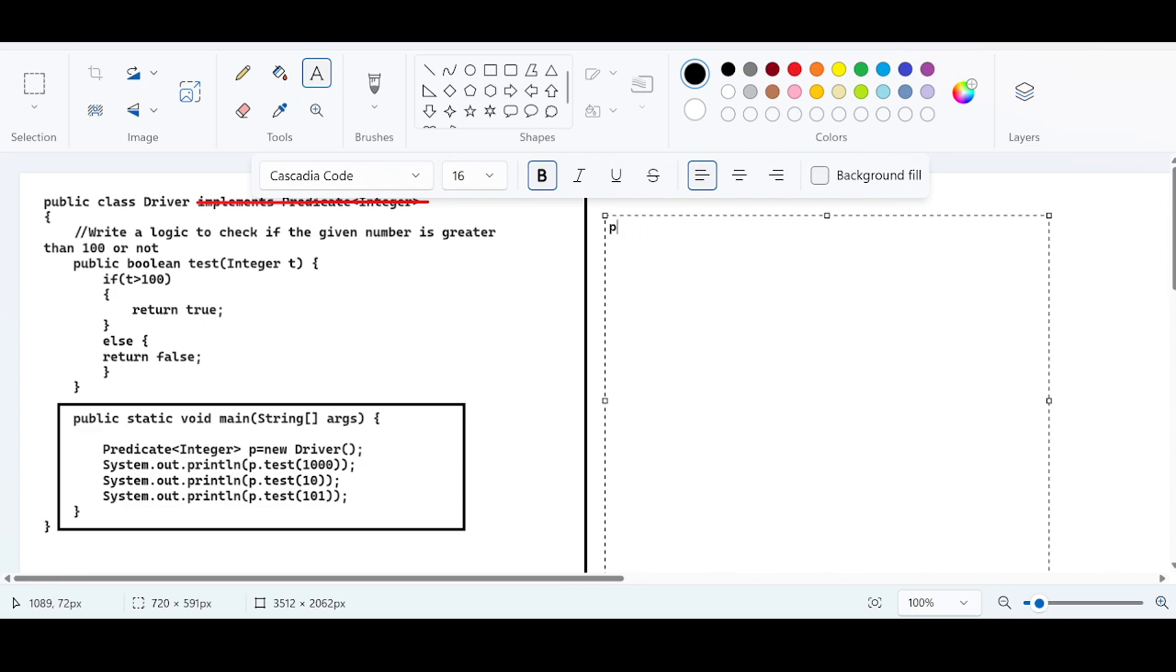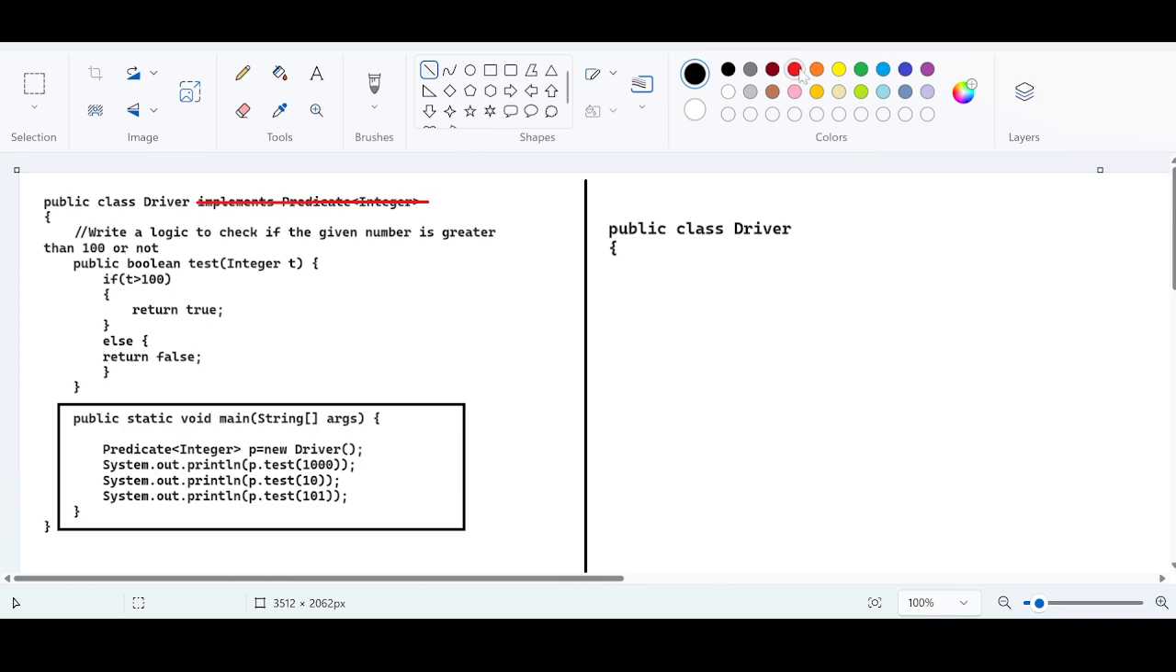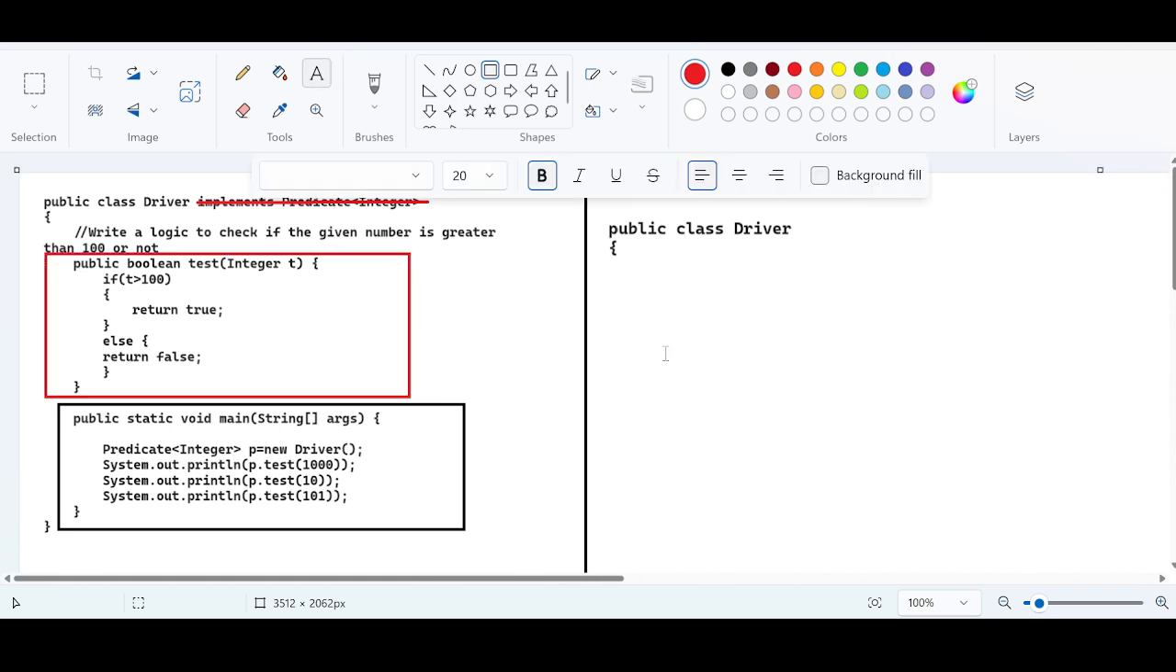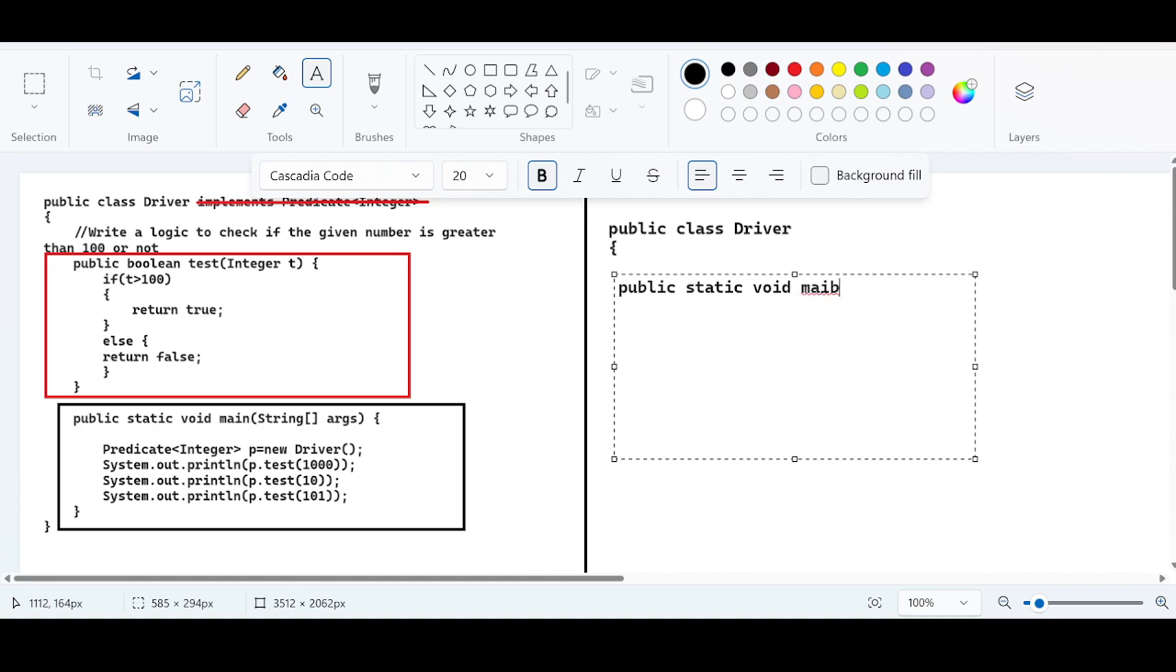Let me increase the font size. Public class Driver. You do not want to implement it, first of all. Second, if you are not implementing it, you do not want to override this method. So this is also not necessary. These are the unnecessary things if you are using the lambda expression. Directly you can write the logic inside the main method. In this scenario, public static void main String array